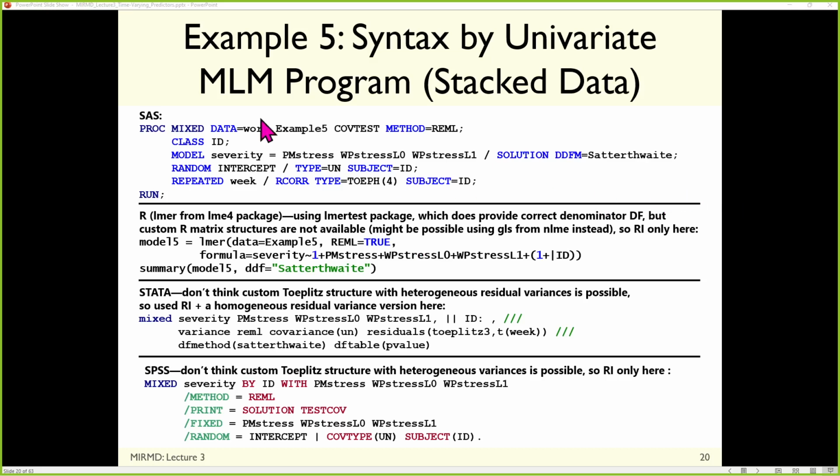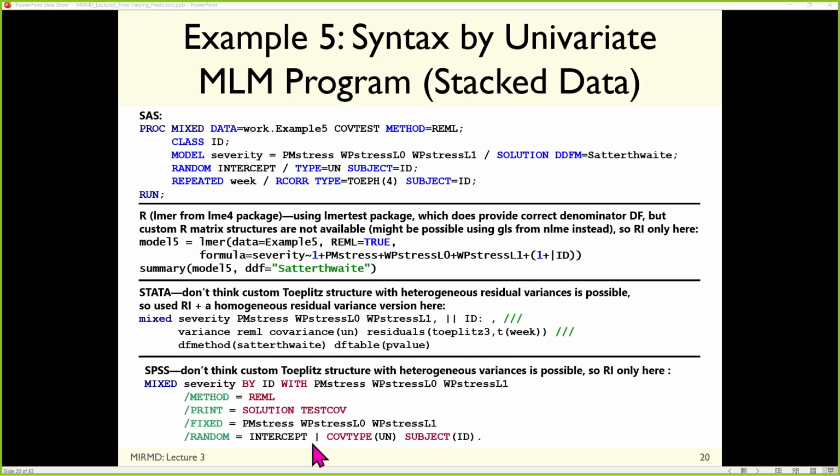Sort of. So in SAS, this is where this came from. You can fit random effects controlling the G matrix, and you can control the R matrix and have a whole bunch of different structures. So this one is heterogeneous Toeplitz, meaning separate residual variances at each occasion is the heterogeneous part. The 4 has to do with the order of coefficients in the matrix, where the first one is the variances and then the lag 3 are the next ones. That is built into Stata, except it's called Toeplitz 3 instead of 4 because they name it differently, you know, just because. Right? Because why would it need to be the same?